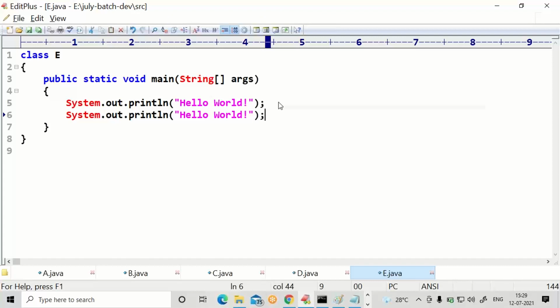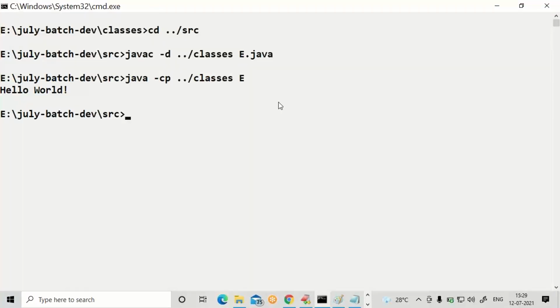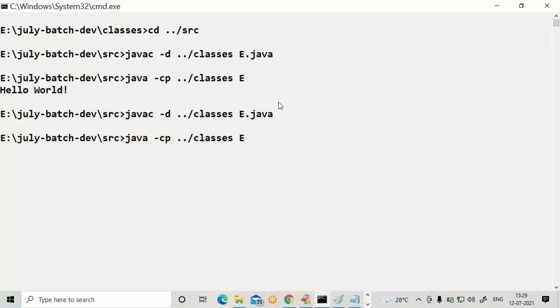After saving, no need of going back to SRC from classes. We are in the SRC only. Just go for up arrow 2 times. You can see. Go for down arrow 1 time. You can see. From now onwards, changes are very simple.